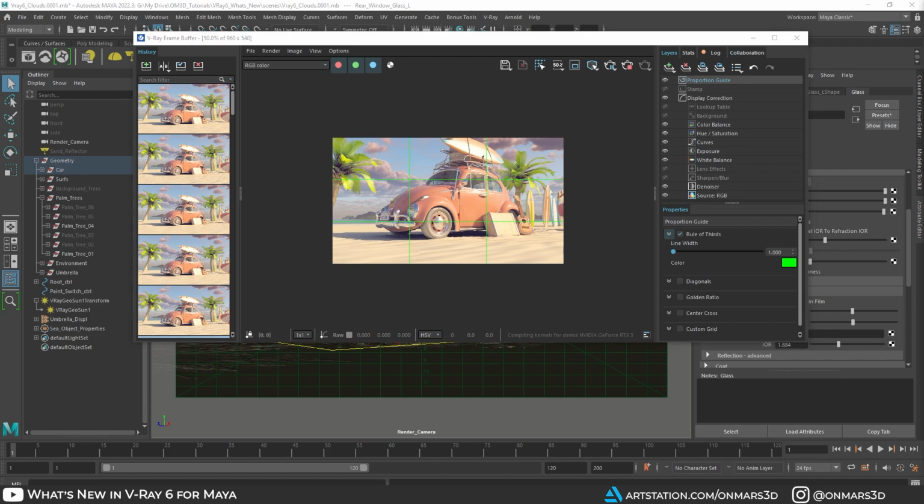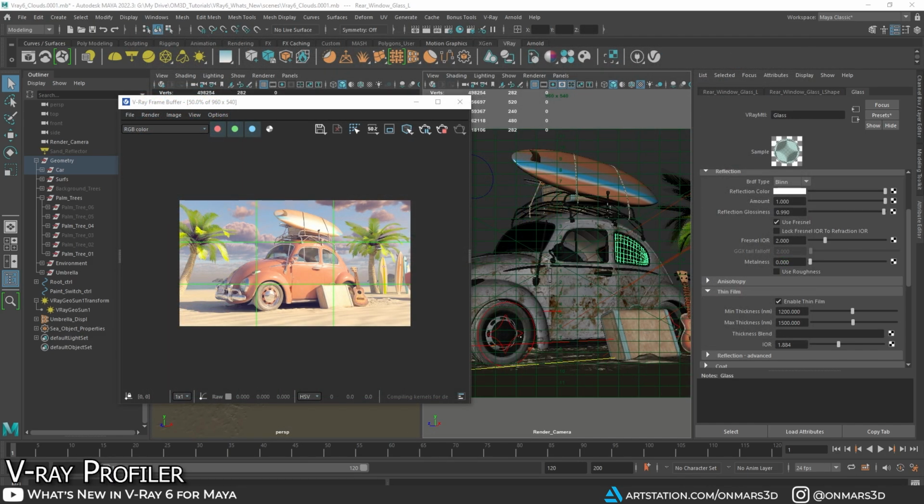So that wraps it up, and we'll take a look at the final new feature. Now the last new feature I'll be covering within this video is the V-Ray profiler. A lot of times, especially when working with people that are trying to figure out why their renders are taking so long, the V-Ray profiler is a fantastic tool to help dissect and really find what's bottlenecking and taking up the most